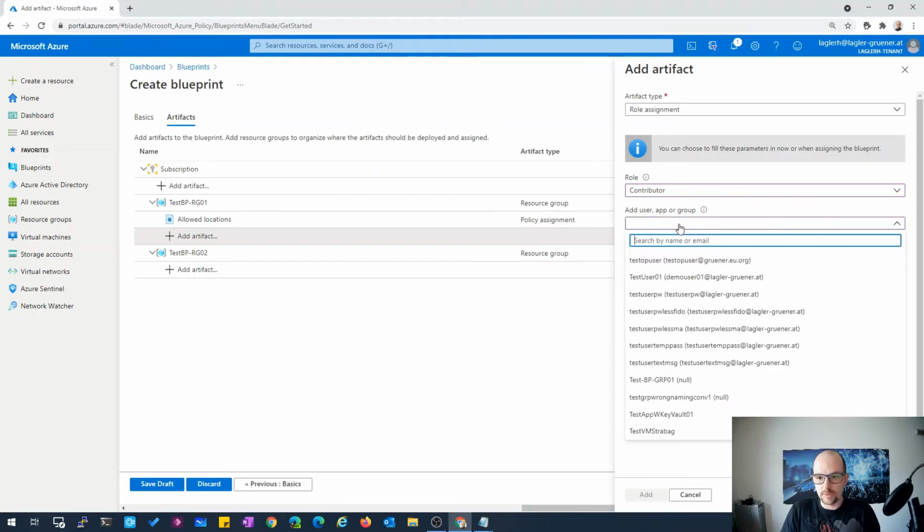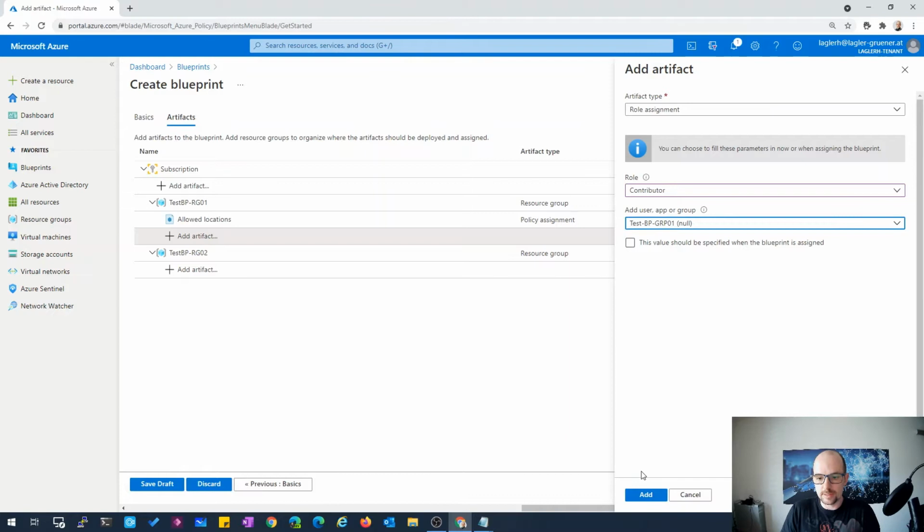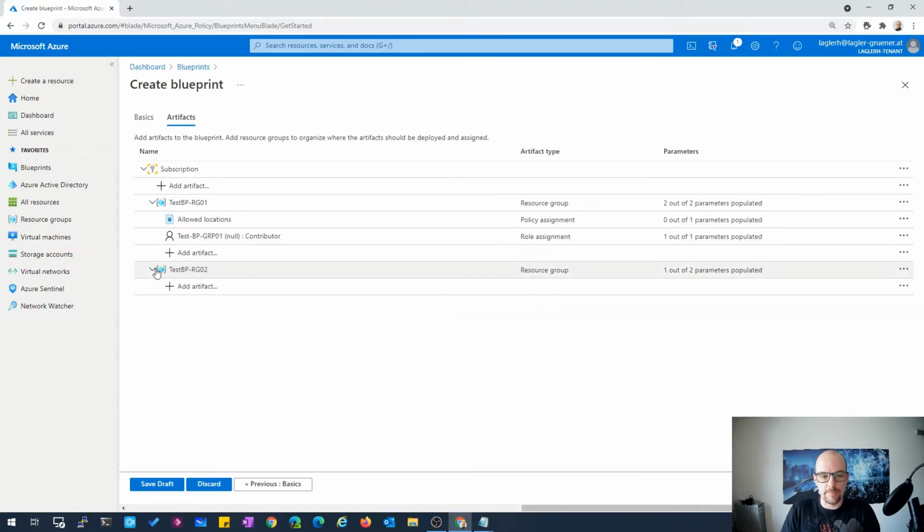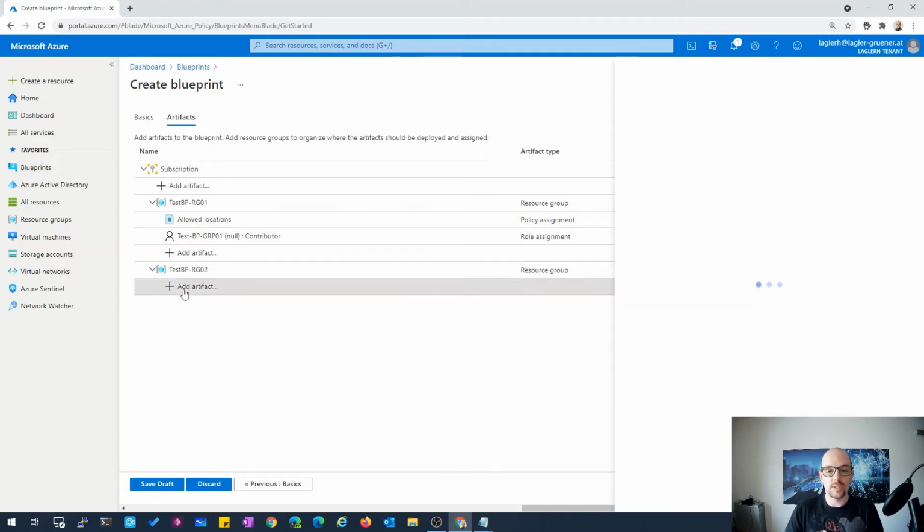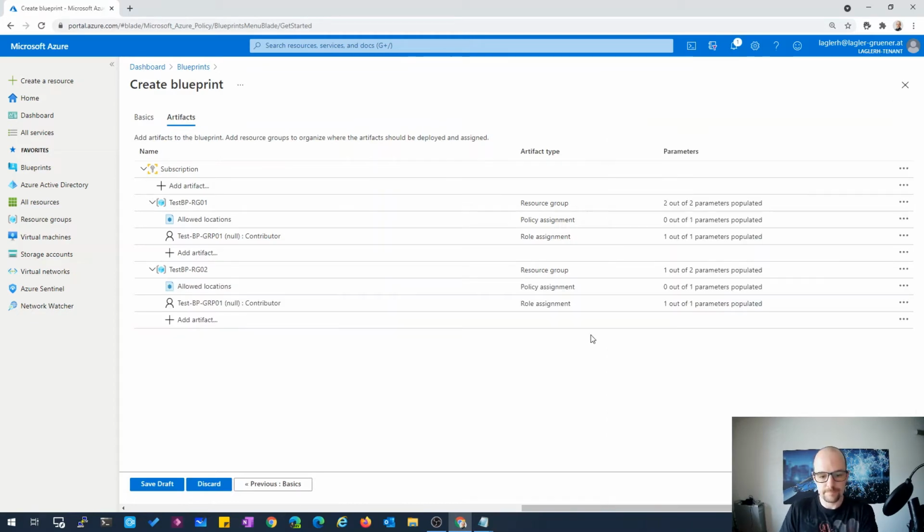So once more, I'm sorry for this. So okay, now I have a blueprint with two resource groups, one policy, one role assignment. I want to do this once more. Okay, now we have the same configuration on both resource groups.